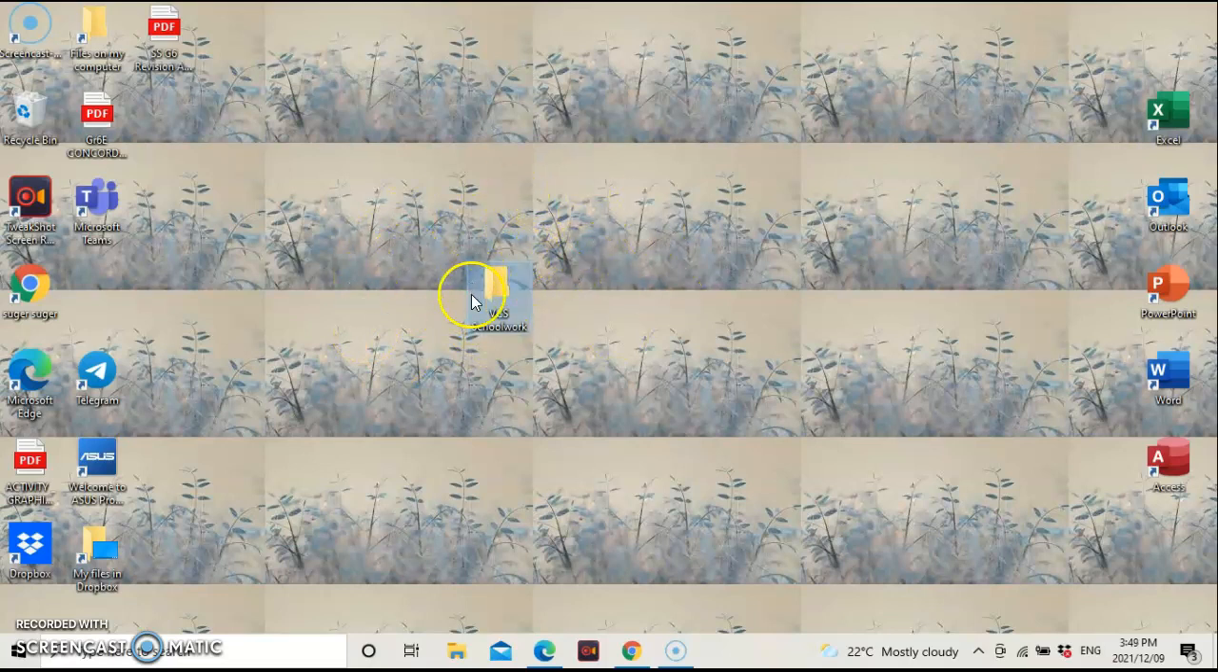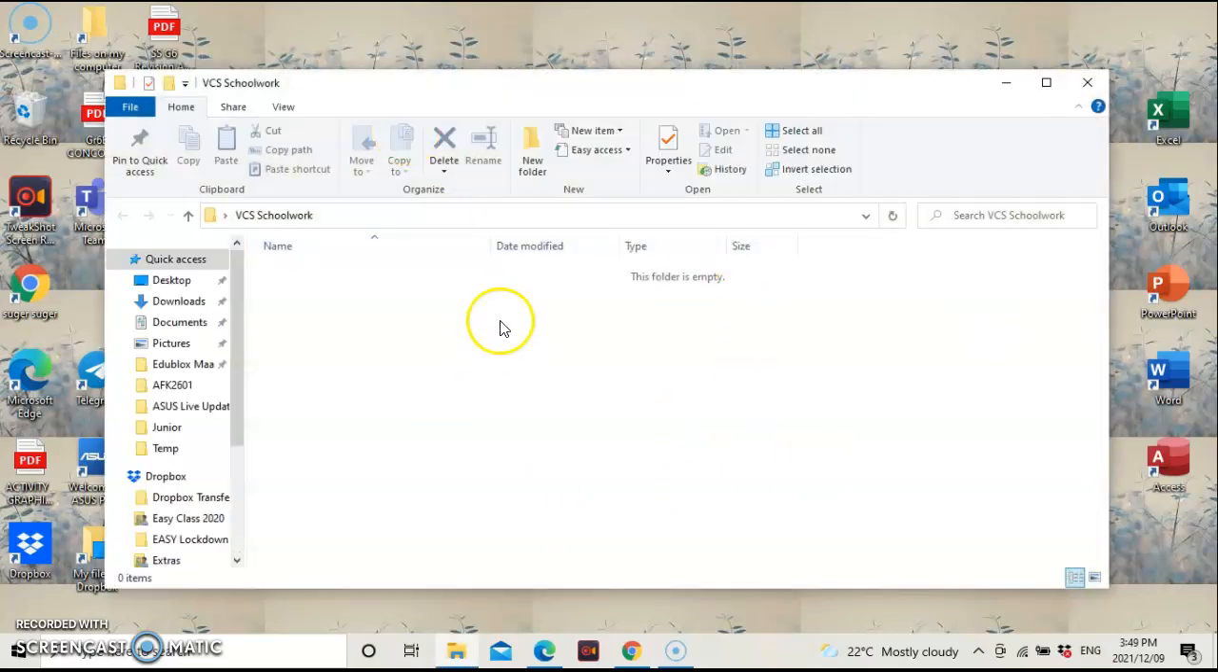Once our folder is made, we can double click to go in, and then we're inside our folder. Inside our folder we want to have a bit more organization than just random work all over the place. So we're going to make a folder